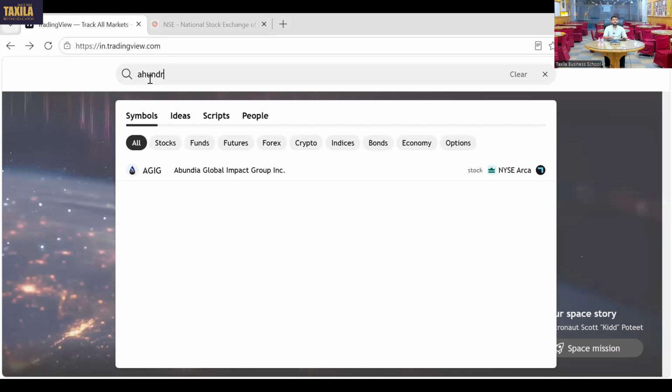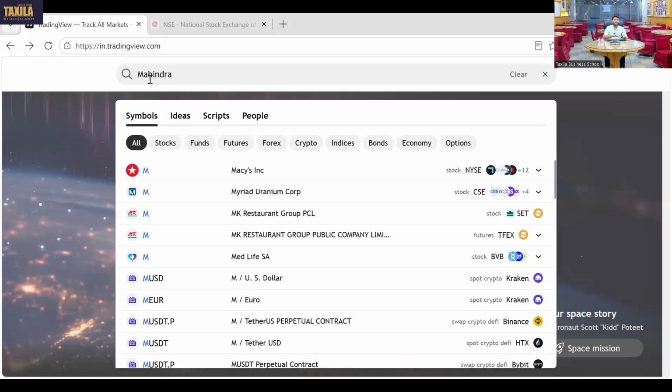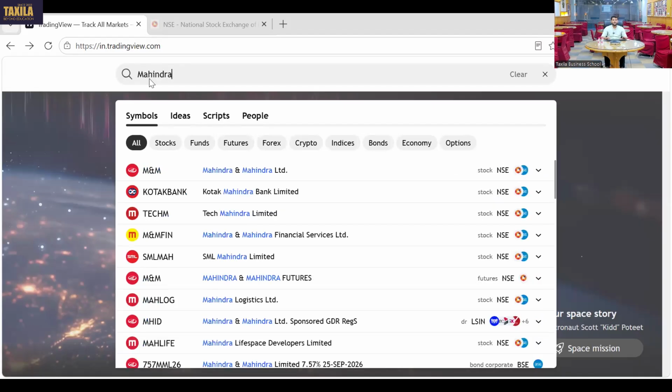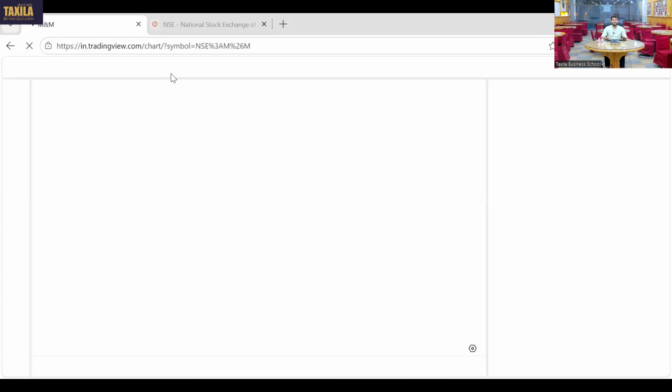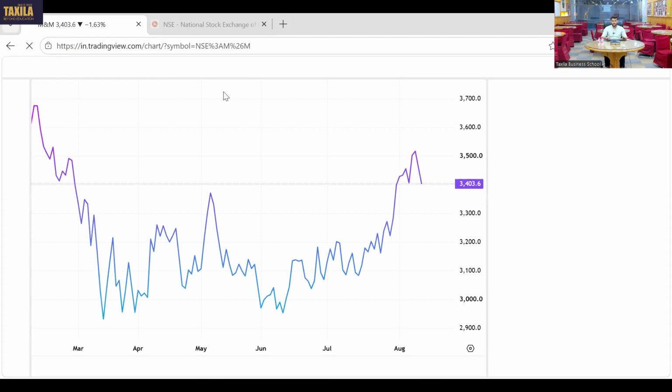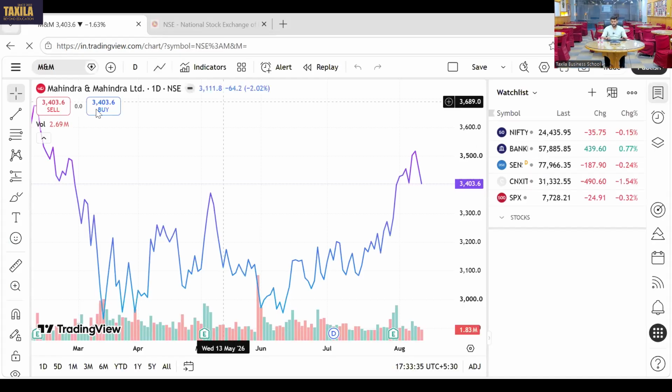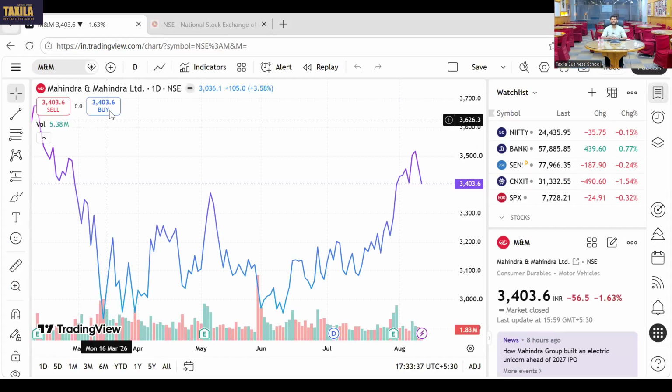Obviously not. So rather than opening one Mahindra, you can be the part owner of Mahindra. Simply, I just wrote Mahindra. One share price will cost me 3403. If I need to buy the Mahindra share today, how much will it cost me? 3403 rupees. So it will cost me 3403 and I'll be the part owner of Mahindra. And whenever some of your friends buy that vehicle, there will be demand for Mahindra vehicles. Mahindra stock will go up.